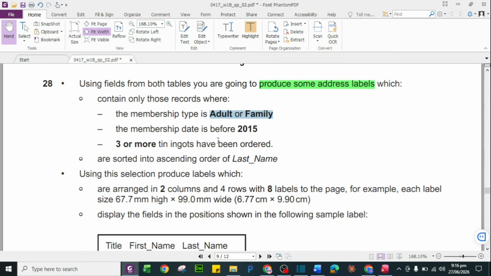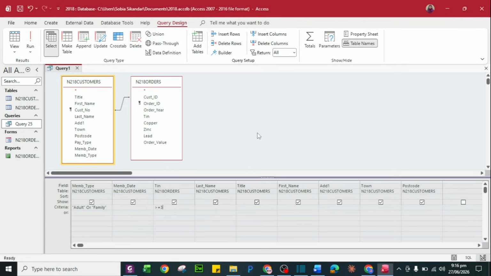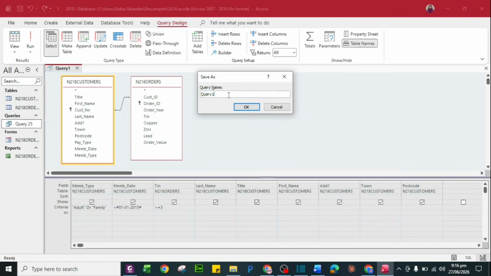As this field is containing date data type, not number, so we need to calculate it, and for date we are using the numbers. Smaller than means before, and then we are taking two hashtags which we use while presenting the date. So 01 will be the January dash, and 01 for the first of 2015. So before this date means 2015, first day of January. Before it, we are supposed to take the criteria.